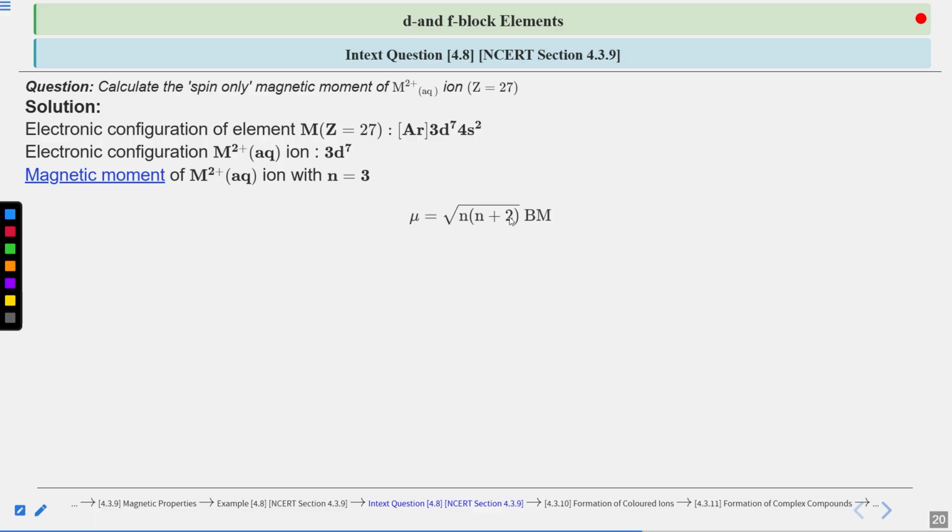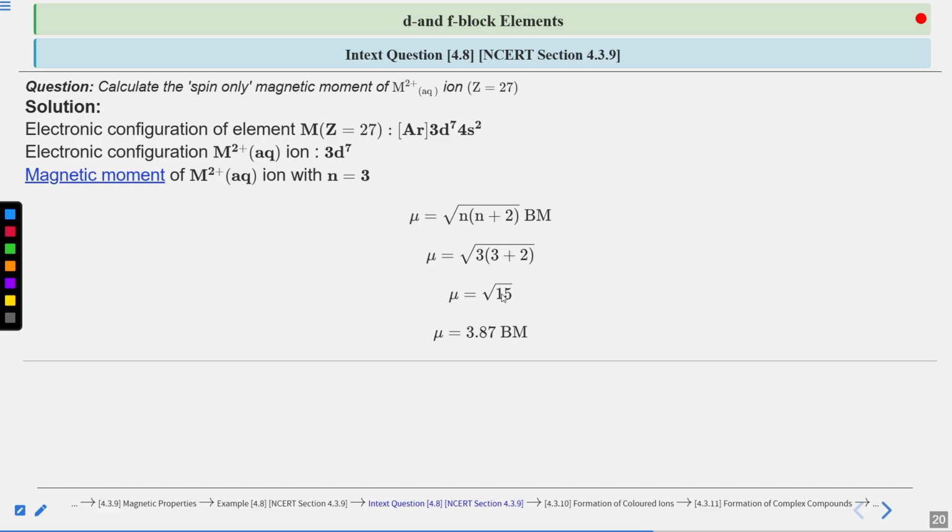mu equals under root n(n+2) Bohr magneton, because we apply the spin-only magnetic moment formula, where n we have already known according to the divalent aqueous ion configuration d7. So n is 3. We put n equals 3. 3 plus 2 times 3. 3 plus 2 is 5. 5 times 3 is 15. So it will be under root 15. So mu is equal to under root 15, or you can write it as mu equals 3.87 Bohr